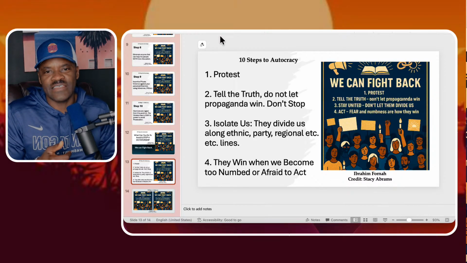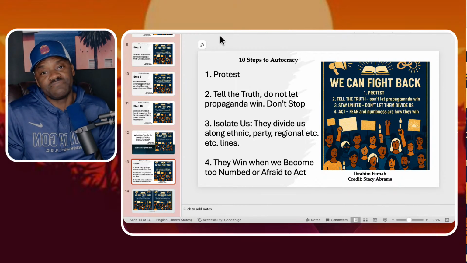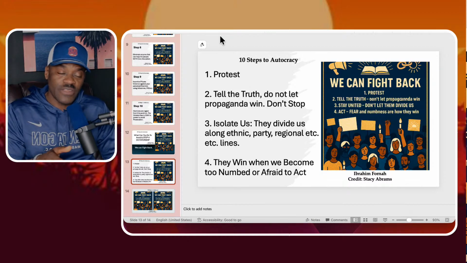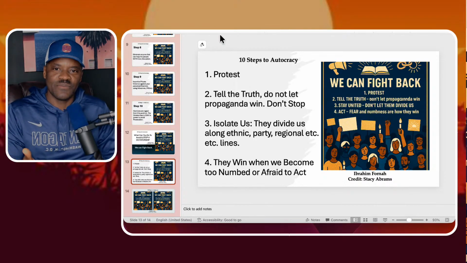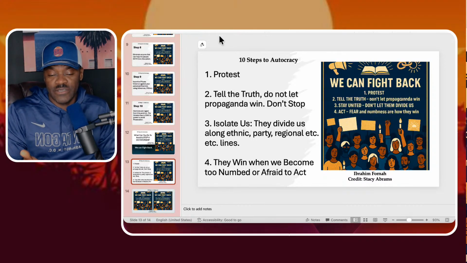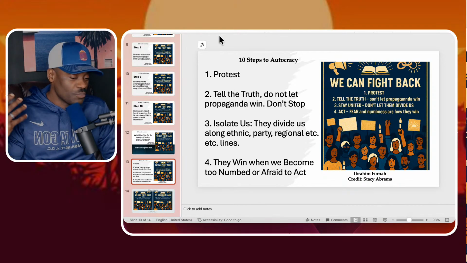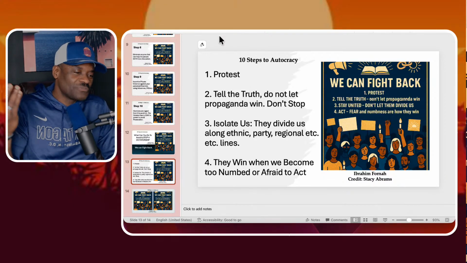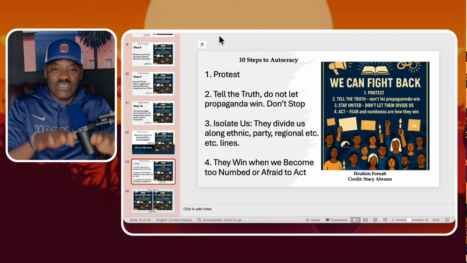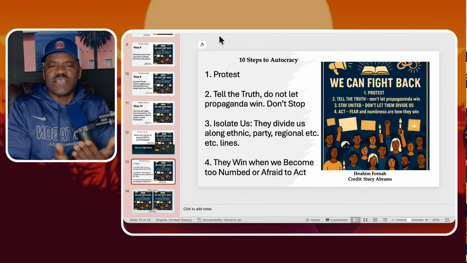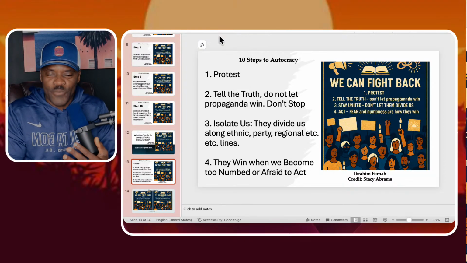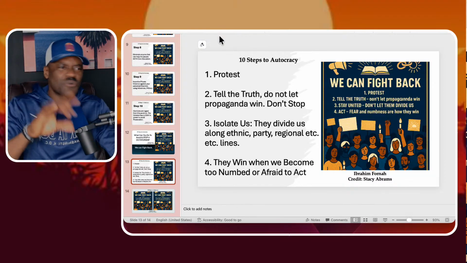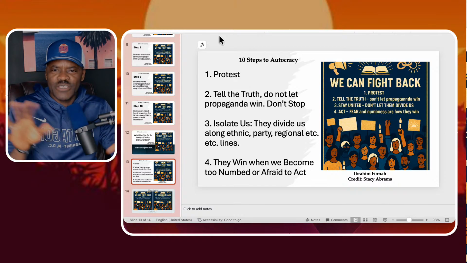And in Sierra Leone, sadly, today, that is what it is. Sierra Leoneans have become numbed to their suffering. They've become numbed to the pain, and they cannot act anymore. Sierra Leoneans cannot speak up for themselves anymore, especially those in Sierra Leone. They cannot stand up anymore. The opposition has been neutered. Even the opposition, they just go around because, again, Julius Maada Bio is still in the infancy of his dictatorship. It's going to get to a point where these guys will not even have platforms to go to and talk. It's going to get there. But for now, you see them going around all these little platforms, YouTube platforms and stuff,